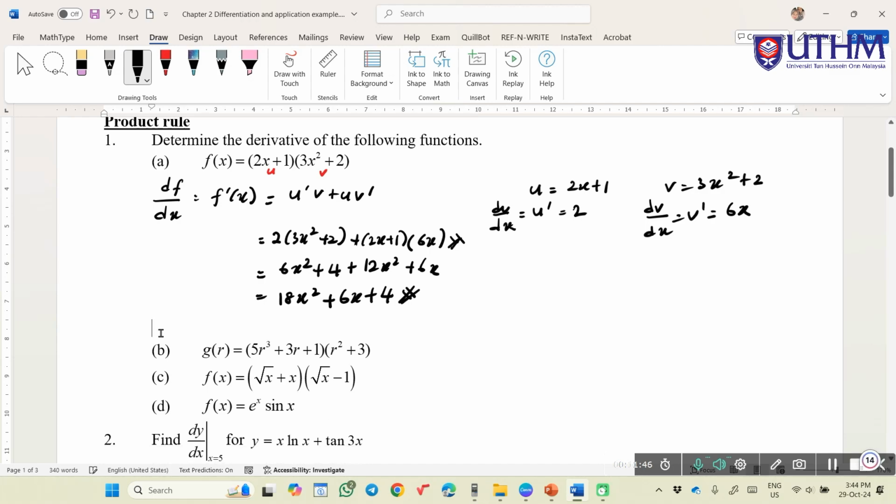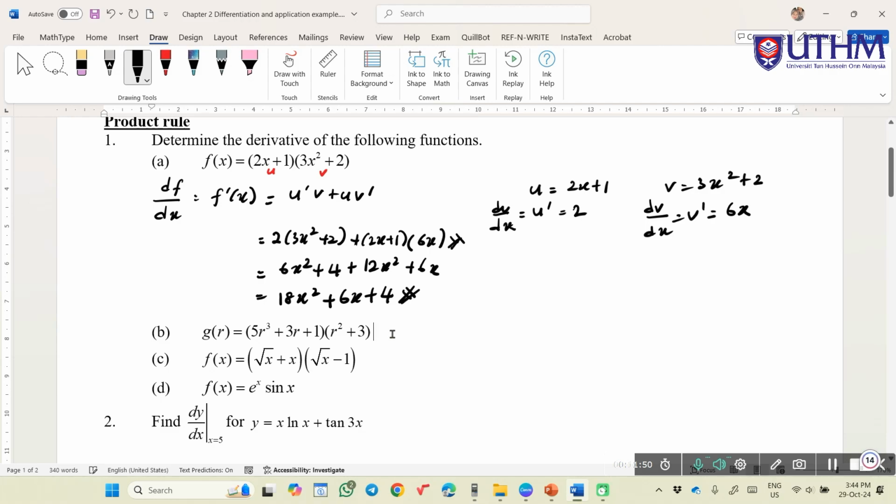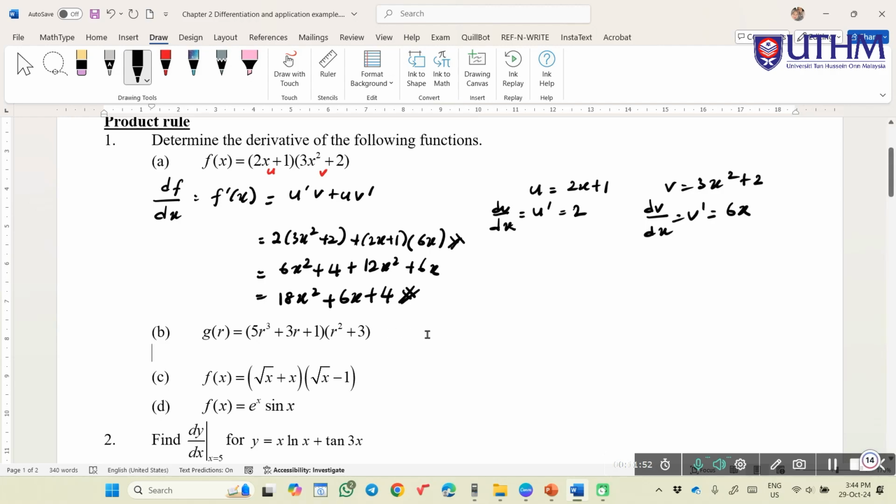The function in example A is just a polynomial function. You can try example B, and I will give the answer. For example B, you have to try this on your own. So we have u prime v, which is 15r squared plus 3, times r squared plus 3,